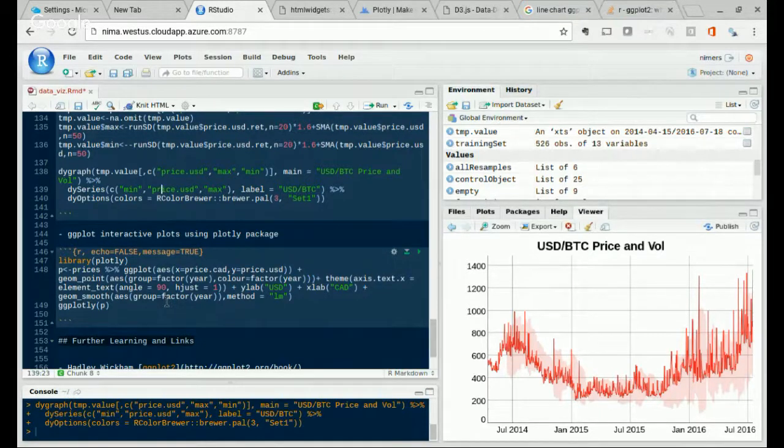For example, in the example we looked at, CAD versus USD prices in a point plot, we can make it interactive. It would allow us to click on a point on the chart and understand what numbers we're dealing with. So, if I run that,